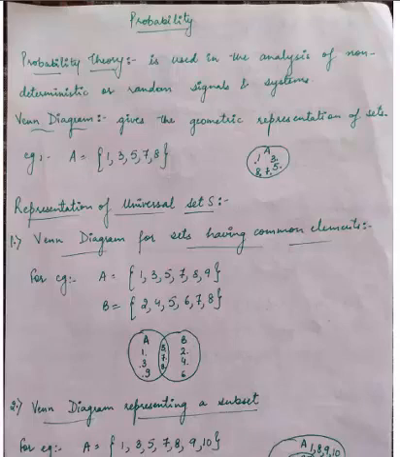Now next is Venn diagram. A Venn diagram is a diagram representing mathematical or logical sets pictorially as circles or closed curves within an enclosing circle or rectangle, that is a universal set. Common elements of the sets are represented by the intersection of the circles. So the sets are represented by closed plane figures, and the elements of a set are represented by points inside the enclosed plane. Now how does the Venn diagram work?